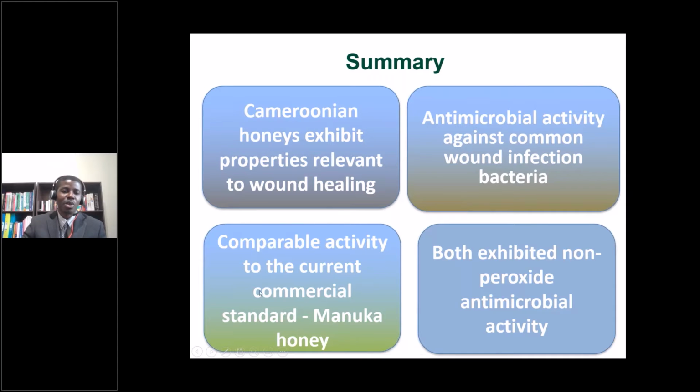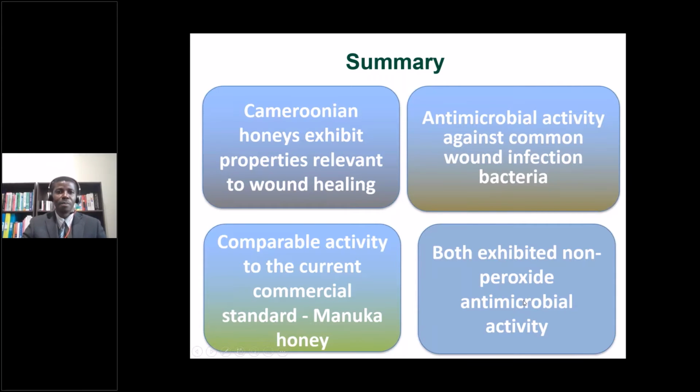And the good positive thing was that the activity was comparable to the current commercial standard, because if you went to a typical shop to buy Manuka honey in the UK, it's between 15 to 20 pounds. And here we bought these honeys in Africa on the market for just £1 or less. Okay, so you can see the difference. And we're also able to show that both the Manuka honey and the honey we got from Africa actually exhibited non-peroxide